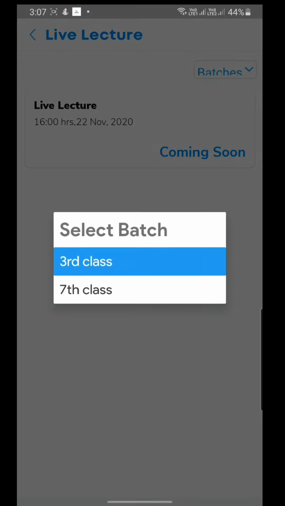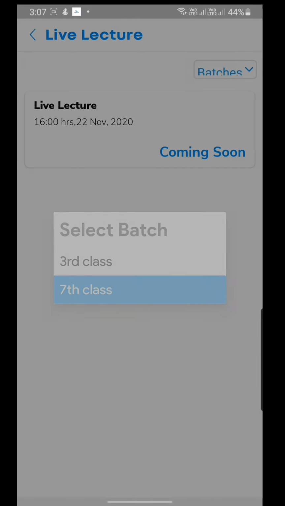Now for 3rd class, the class is going on at 14:57. Is it clear to you? These batches, those who are the 2 students using a single mobile, they have to go through this batches option.